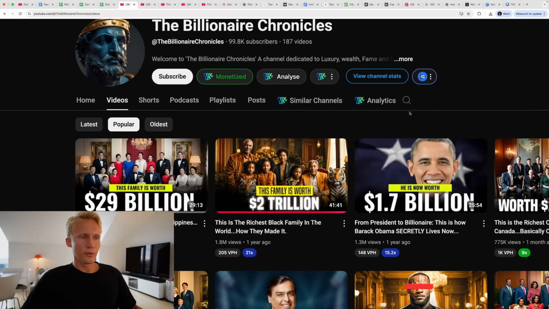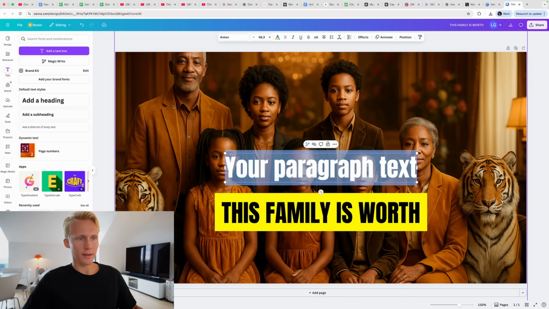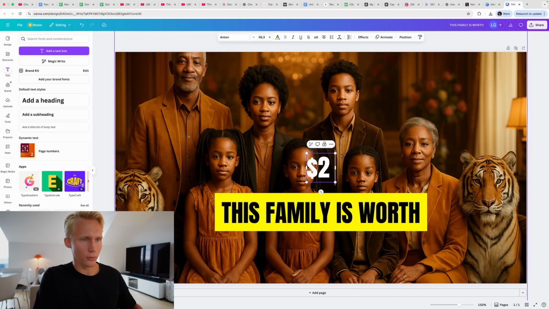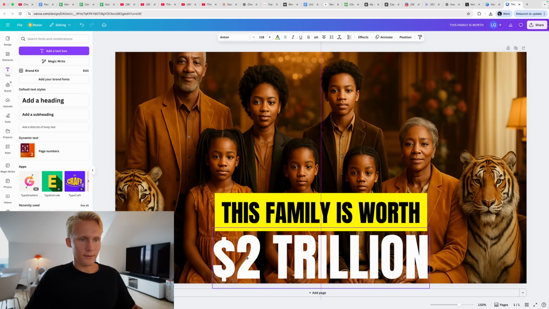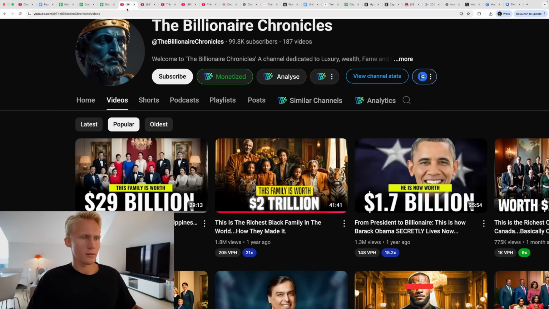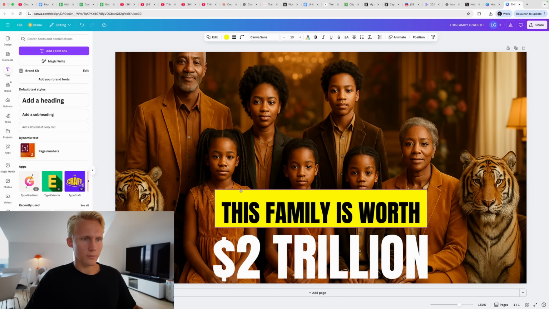Let's see what the reference image did later on. $2 trillion in a very, very big white glowy text. So you would just add another text box like this, write 2 trillion, boom. They had put it like this, maybe even bigger, right? Yeah, slightly bigger than that. We might have to make the yellow text even a bit smaller. Place it a bit higher, like this.